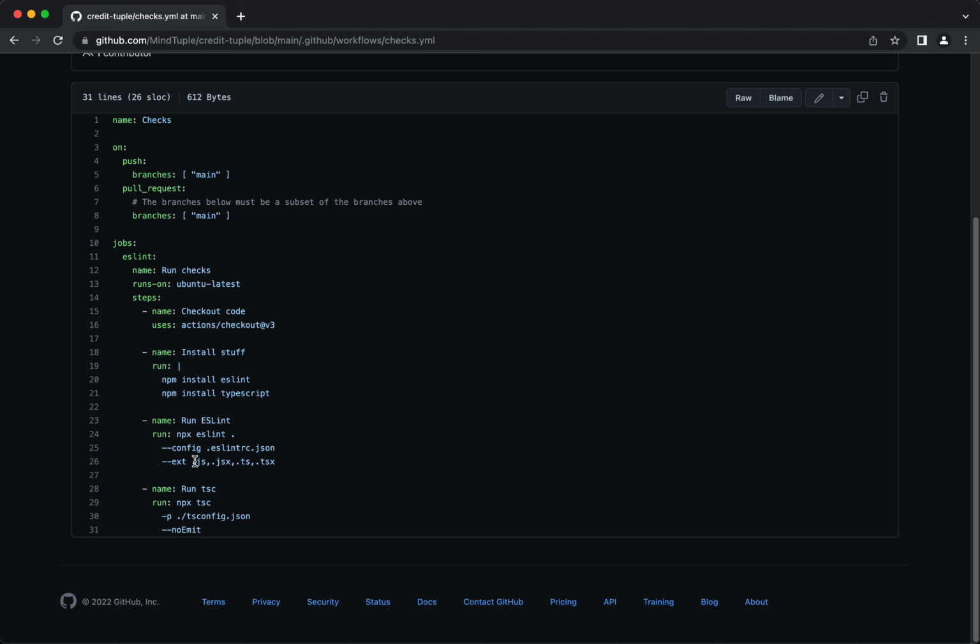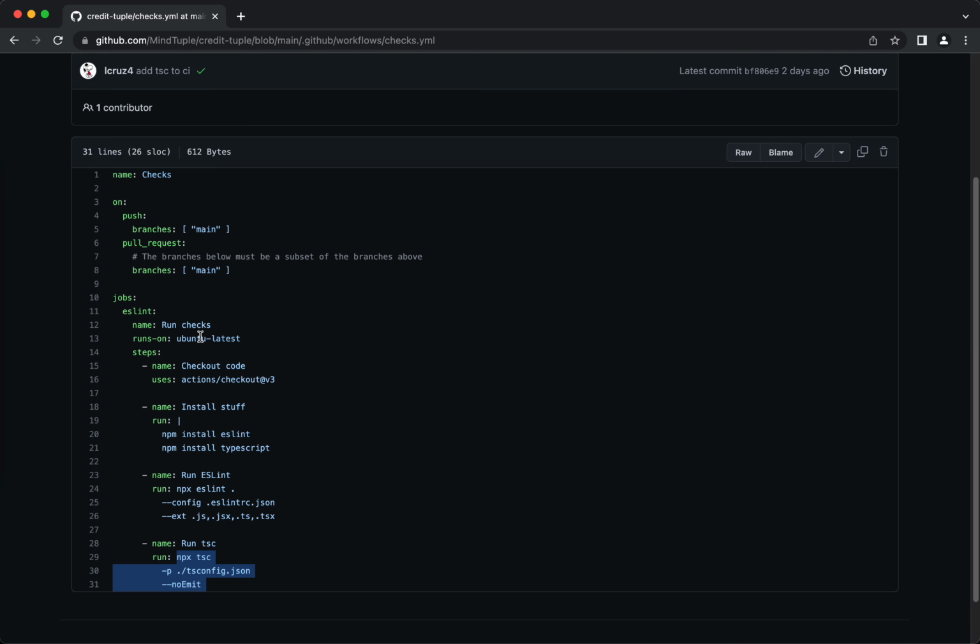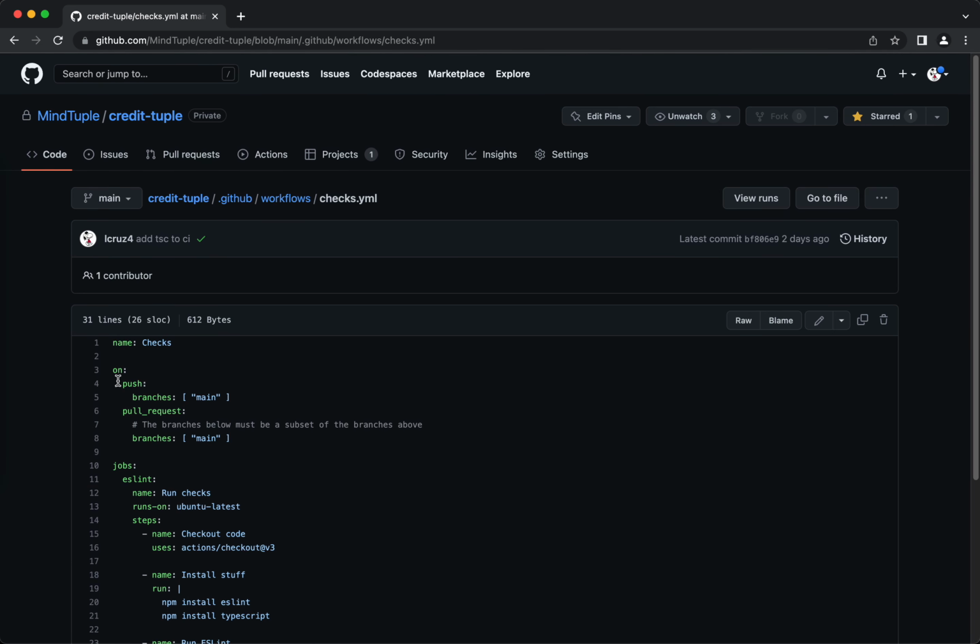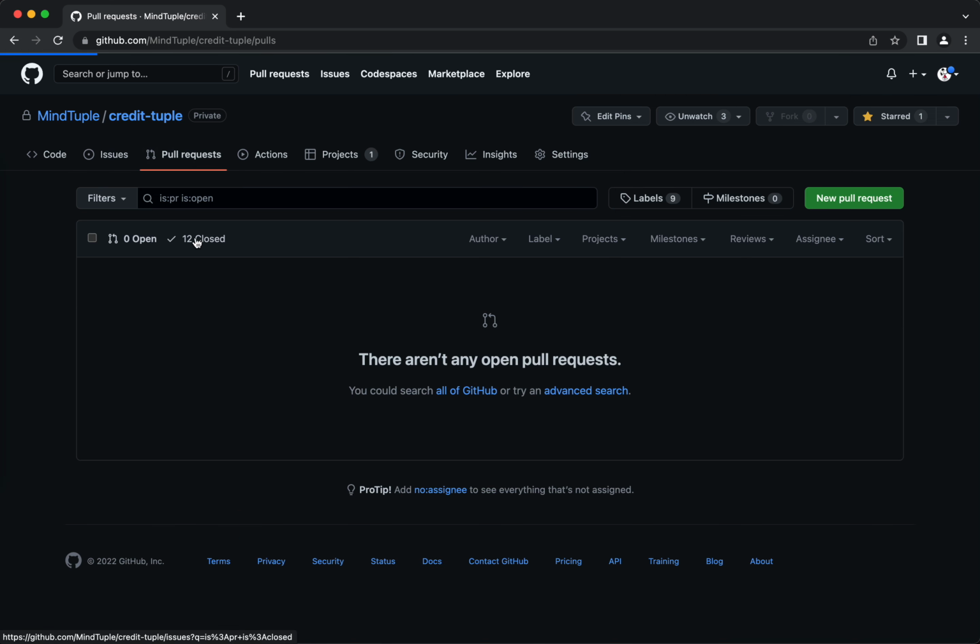I think this is just what type of files it does it on. But that's pretty much it. You can pretty much just run whatever, anything you want to set up. And now, because of this part, every single time we have a pull request,